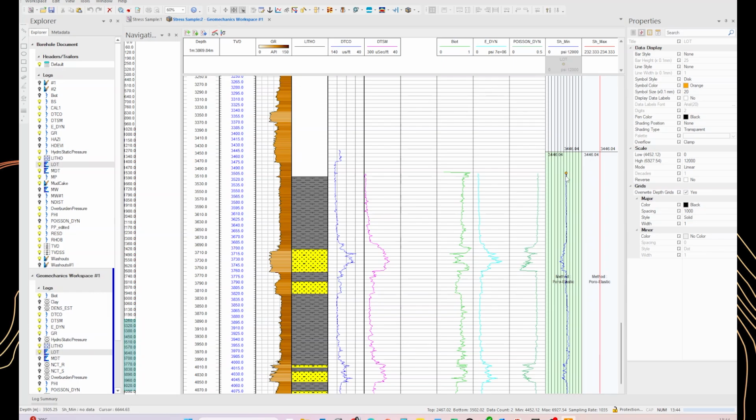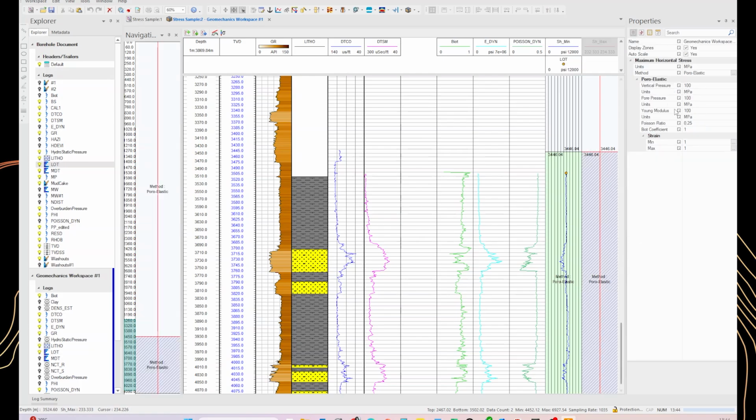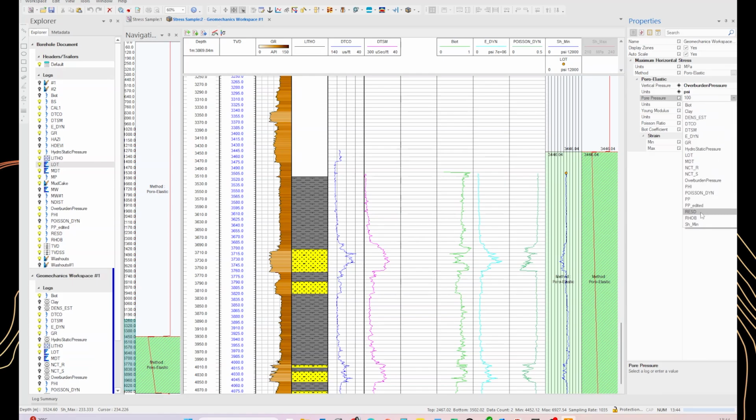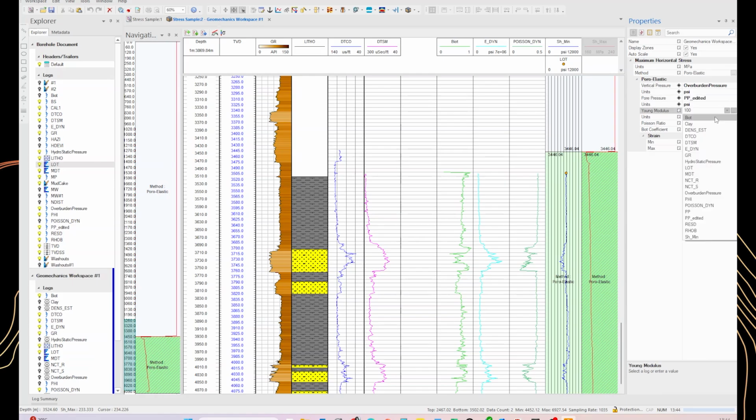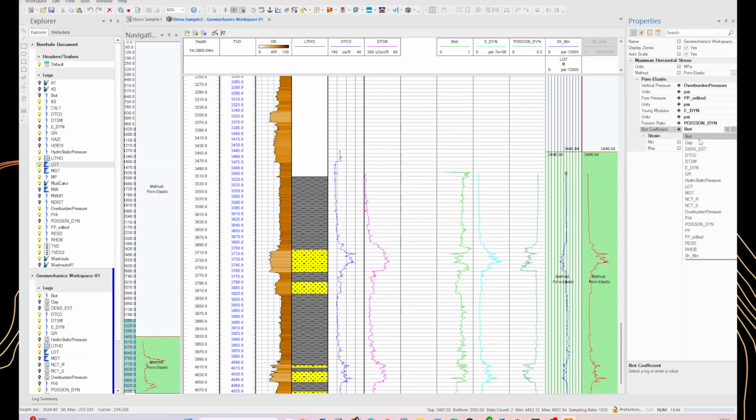Now we can continue with the SHMAX calculation. For the vertical pressure, we select the overburden pressure, the pore pressure, Young's modulus, Poisson ratio, biot, and the minimum and maximum strain. For the units, we select PSI, and the scale is 0 to 12,000.